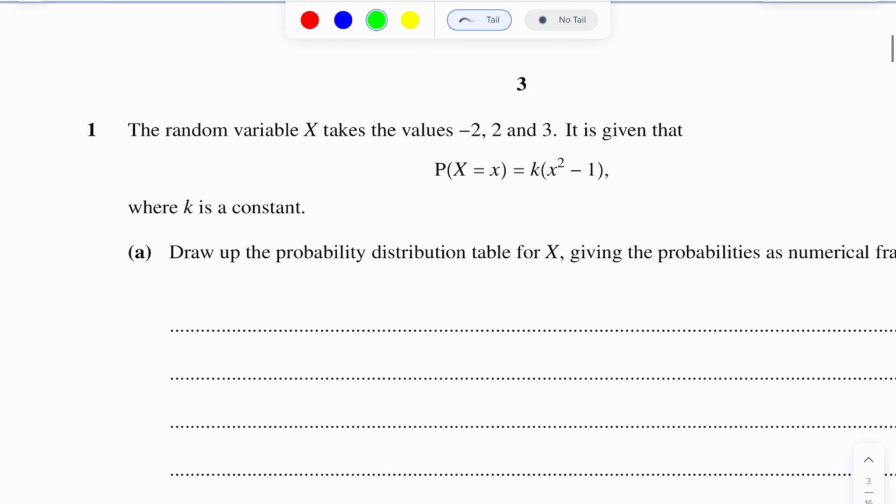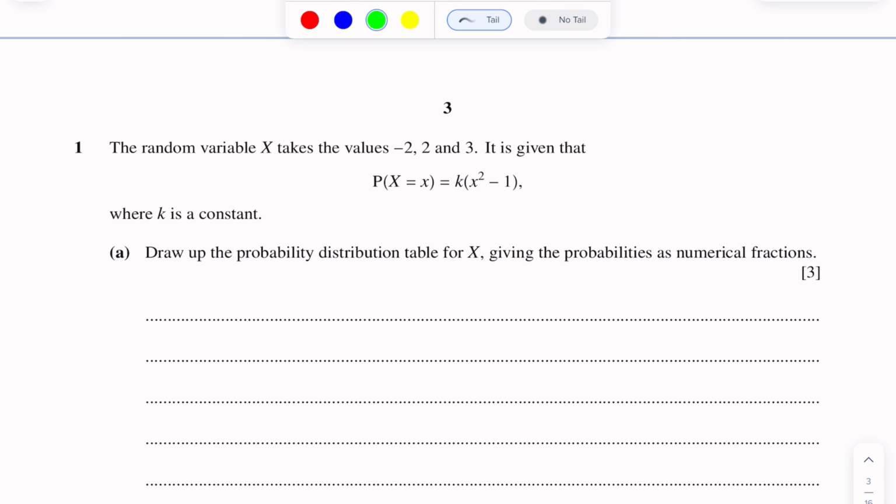Let me start this paper. First question of this paper is